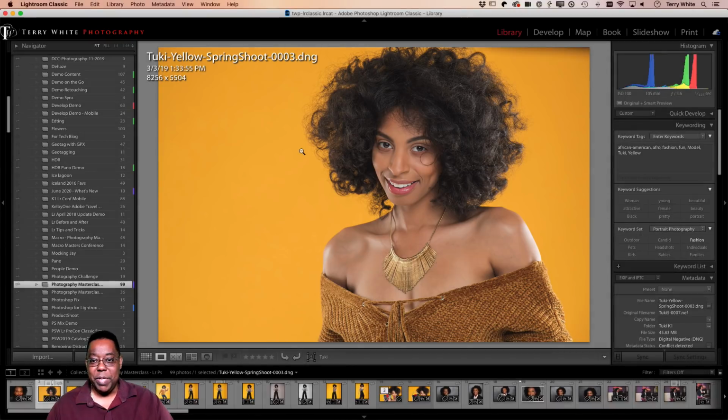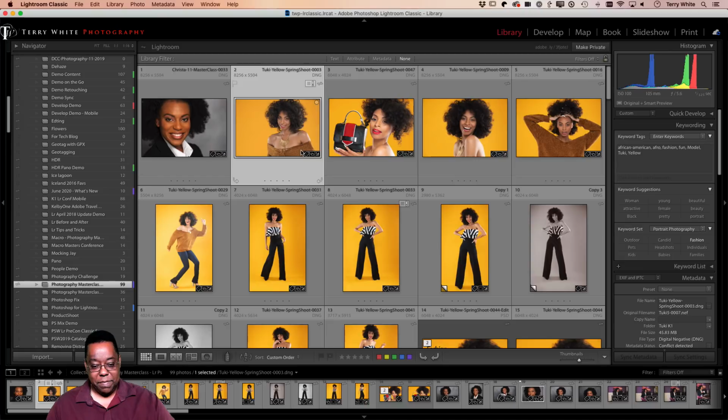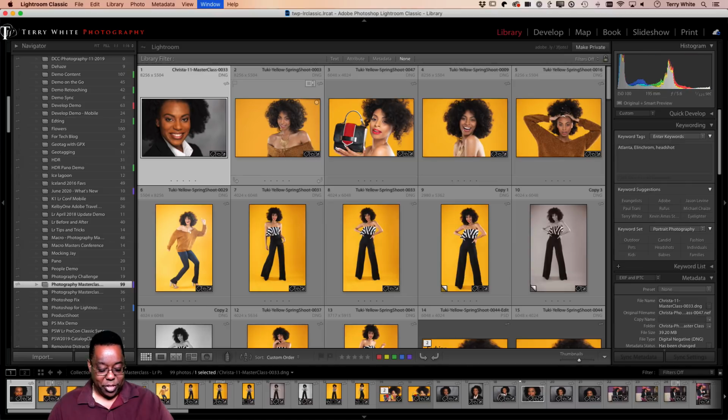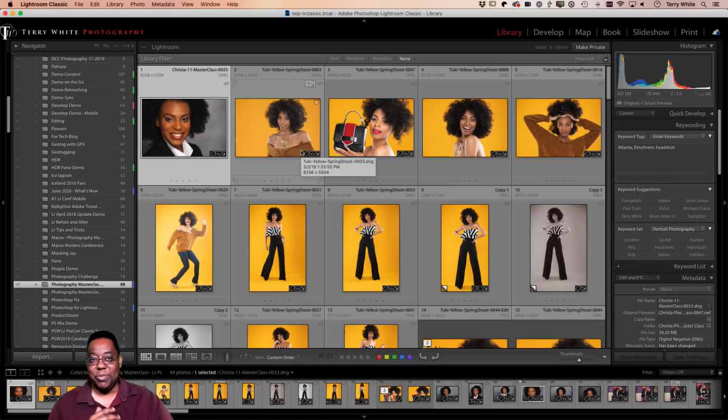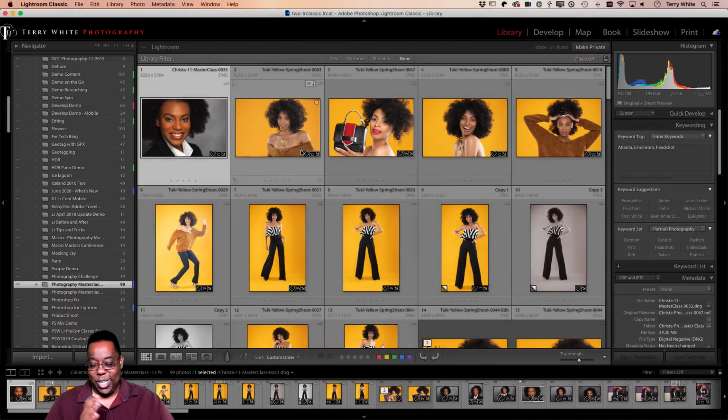Now, speaking of keyboard shortcuts, one of the ones that changed over the years with Lightroom Classic was how you do full screen. It actually became a better keyboard shortcut. Just hitting the letter F goes to full screen. Hitting the letter F again takes you back out. So that's an easy one to remember: F for full screen. But what it used to do was make your interface to Lightroom, like your window, full screen.